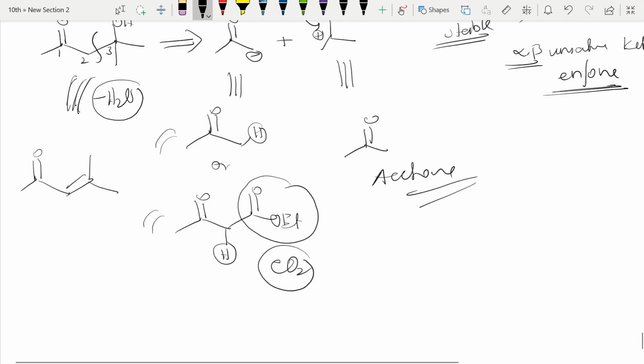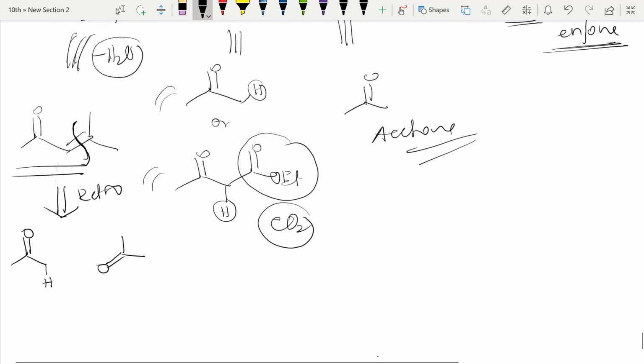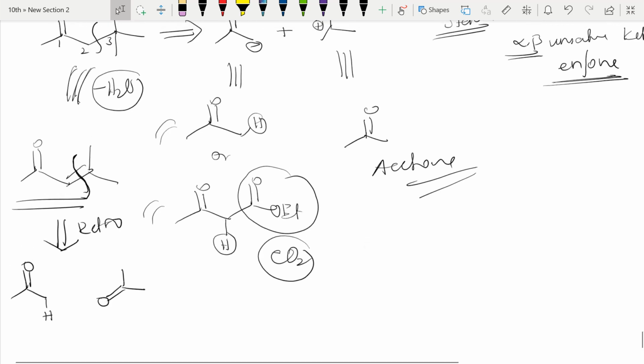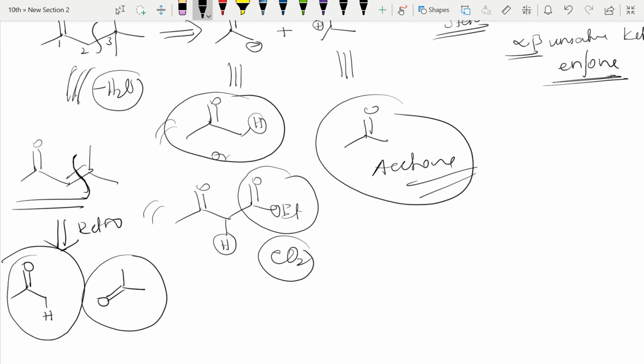So after condensation we will get this enone, right? Here, what to do? Retrosynthesis. So this is a retrosynthetic arrow, retro we are doing here, just simply break like this. So what I will get, see here, just try to fix like this, negative charge here and here a ketone directly. Instead of writing this negative charge, you can put a hydrogen and make it neutral, right? I hope you are getting it, right? So here we can just put hydrogen here, right? So like this. So see here, here also we got the same reagent, this and this, we got acetone and this compound. Here also we got the same thing, acetone and a ketone, right?